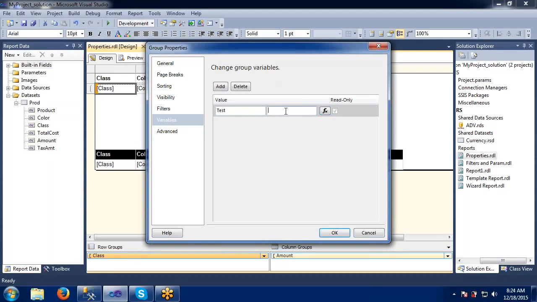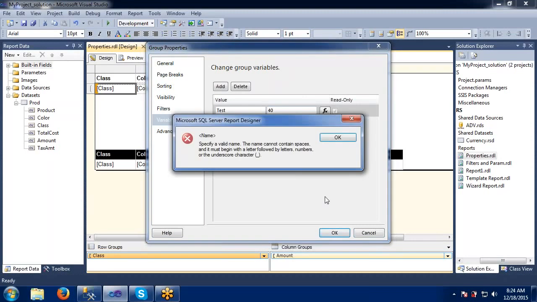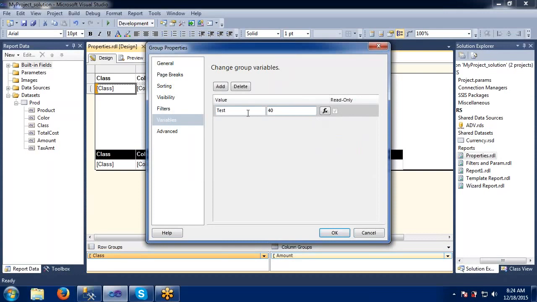This value I want to use somewhere. If I want to use this one, you can use it. Why? Because sometimes there will be some options available here. Test equals to some expression or value here. Read only test, yes. We can specify some value.